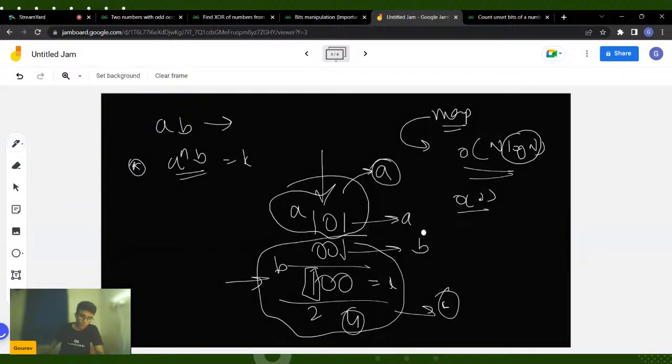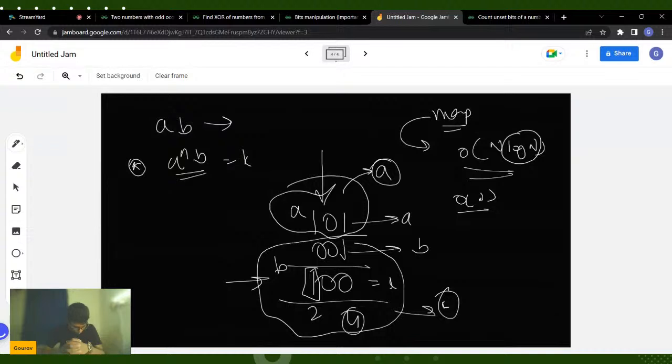This was not a hard question. Actually, this was a very easy question. This was based upon the property of XOR. So it may be that you do not know this property of XOR. In that case, it would look tough. So initially, I discussed this property of XOR, and then I just jumped to this problem. So what you have to do is get a hold of your basics, learn all the properties of XOR, and then come and try to do the problem.